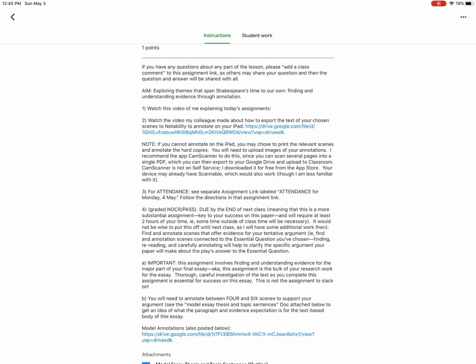You may have a little bit of rereading summaries and trying to find those scenes before you can simply start annotating them. But the goal of this lesson is to choose all of the scenes that support your answer to the essential question, export the specific scenes you want to focus on to Notability, annotate and work through the scene to understand exactly what the play, aka what is Shakespeare's position on the issue that you've identified,